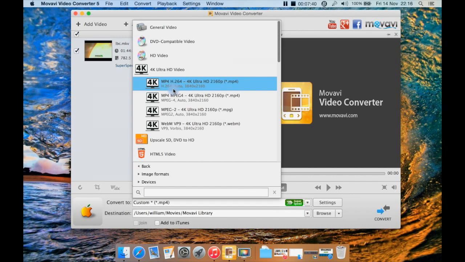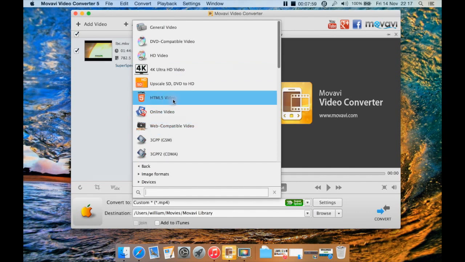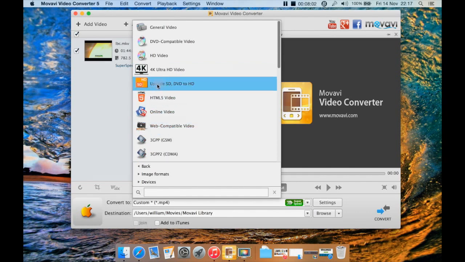So it's a great format, and I believe Cyberlink is one company that has a video converter that supports that. So I'd like to see, since they have 4K Ultra HD support, that they added HEVC, aka H.265. Another great feature here, as well as web compatible video, HTML5 video, is upscale. You can easily upscale your standard definition video files and DVD collection to HD. Obviously that's not going to look as good as something originally filmed in HD, but it's a start and